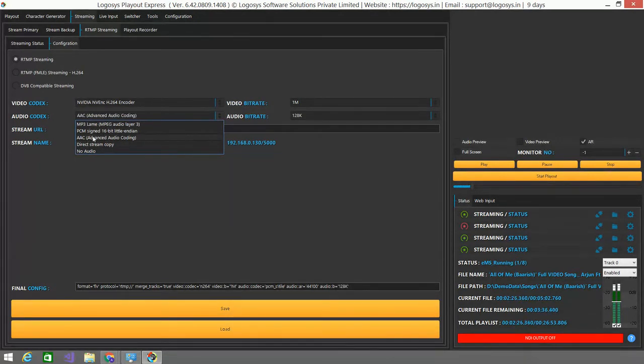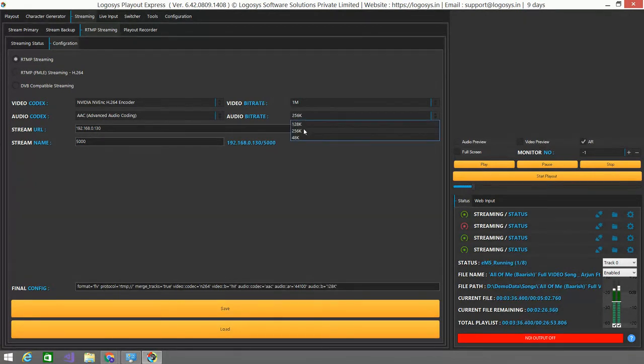Now, as I told you, you will need the RTMP URL. It would be something like rtmp, then a colon and double slash, and then a server name. So if this is Facebook or YouTube, it would be something like stream dot YouTube, something like that. You need to take this from the provider. So for an example, we are taking our cloud server.